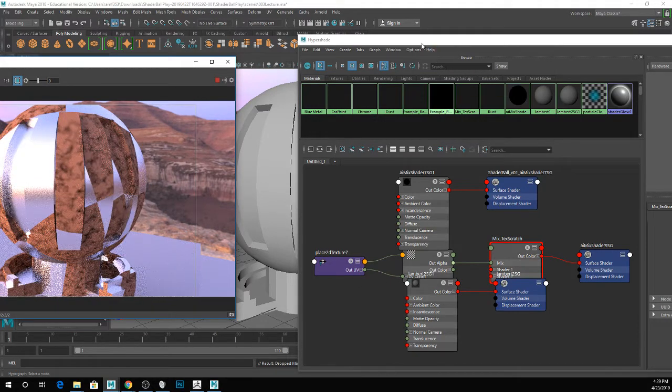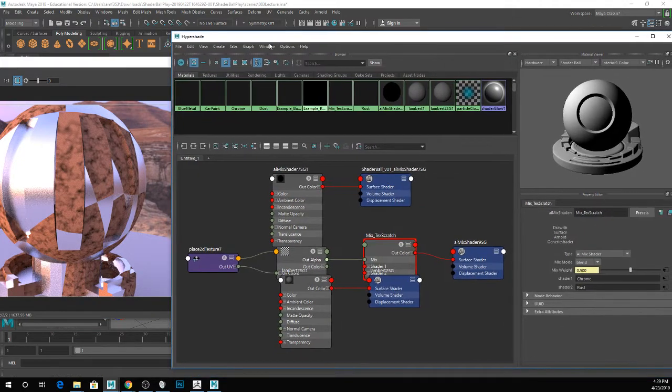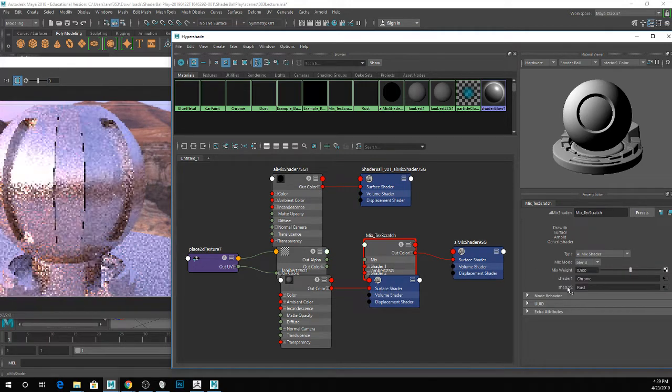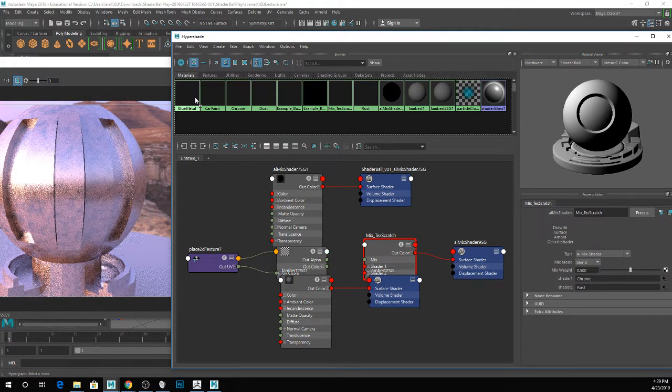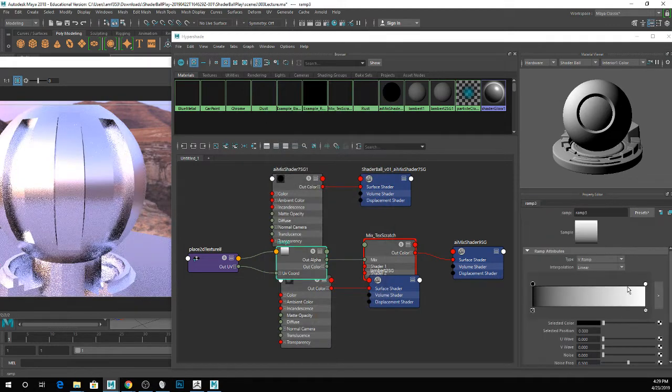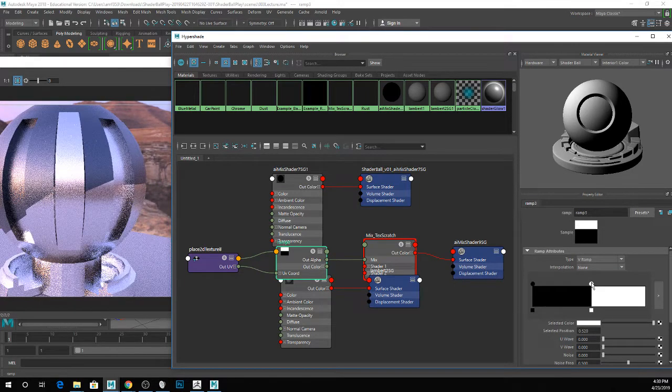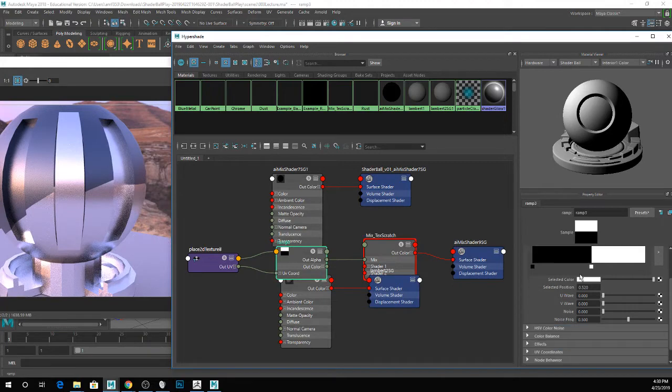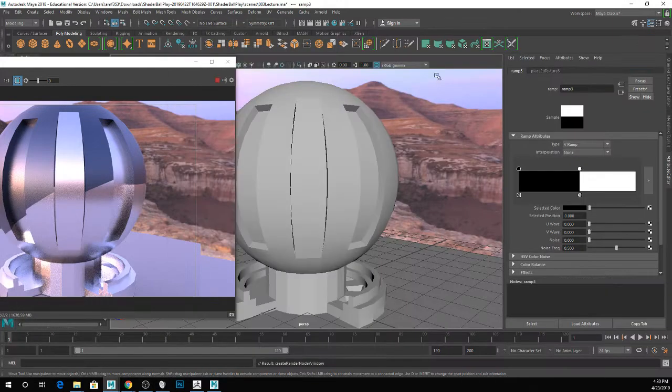But anywho. As a more functional or interesting example of what you can do with a really basic mix weight map, I'm going to replace this with a rust with blue metal. If you make a ramp shader, I'm going to go to my mix weight and throw in just this basic little ramp thing. I use these for kind of everything. It's a little ridiculous, but I'm going to set interpolation to none. So instead of having a fade, it's going to give me a really sharp line. And what you can do, let me repeat this really quick,